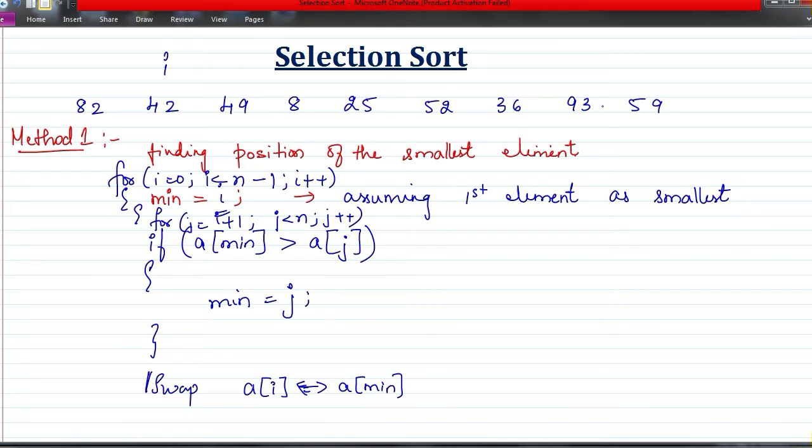That is nothing but finding the second smallest element, and once I find the position of the second smallest element, I am going to replace that with my second element. This is your first variation, wherein we are copying only the position of the smallest element. This position of the smallest element is what we are finding.